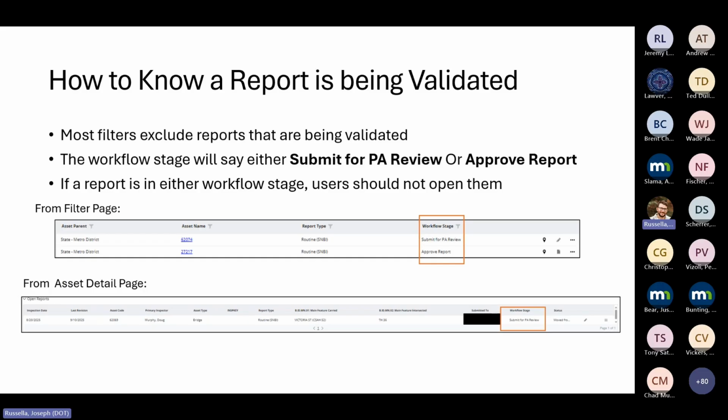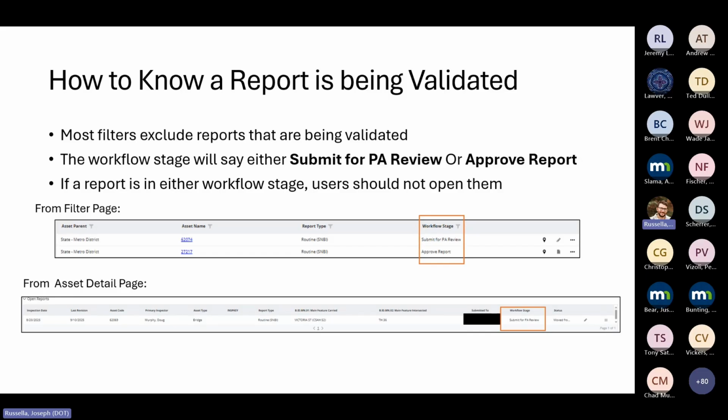I wanted to touch on how someone would know if a report is being validated and they should not edit it at that time. There's really no way for us to lock it down when it's in this stage. So what you want to look for is the column that says workflow stage. It's in most of the filters, so you'll see it pop up. But if that says submit for PA review or approve report,